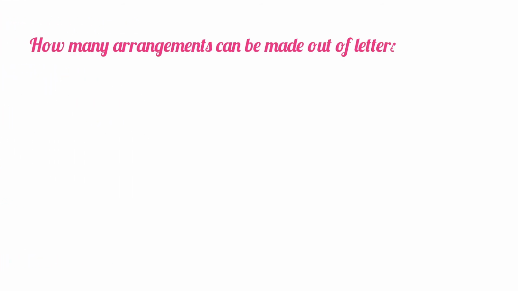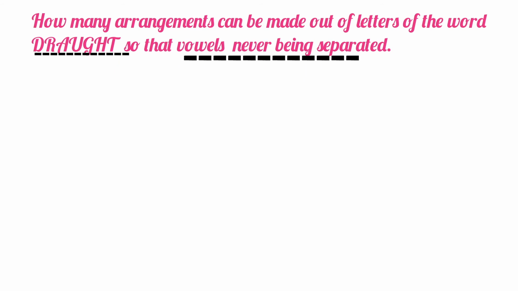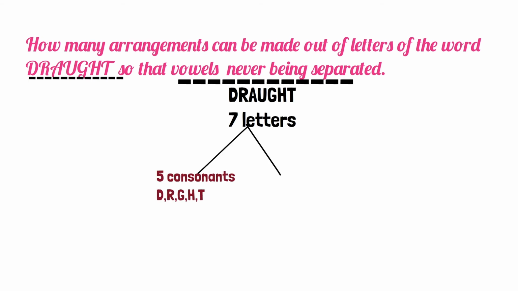How many arrangements can be made of the letters of the word DRAFT so that vowels are never separated? Let's underline the keywords: DRAFT and vowels never separated. The word consists of 7 letters of which 5 are consonants and 2 are vowels. Yes, there are 2 vowels. In the arrangement, we are to take all the 7 letters but the 2 vowels should not be separated. We can view the 2 vowels as 1 letter, and the 2 vowels A and U